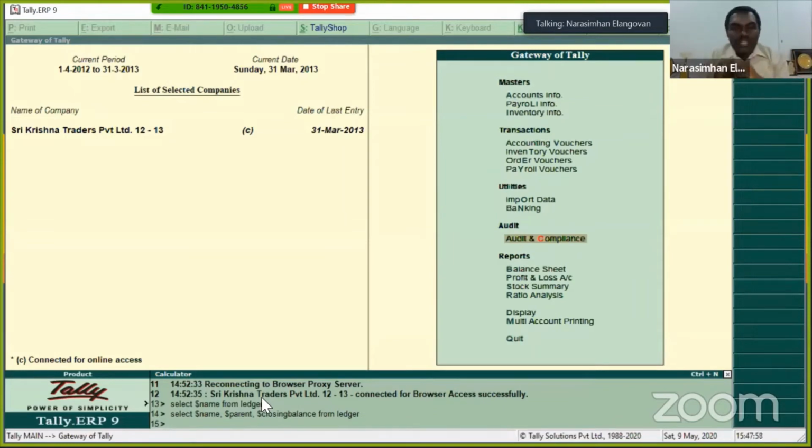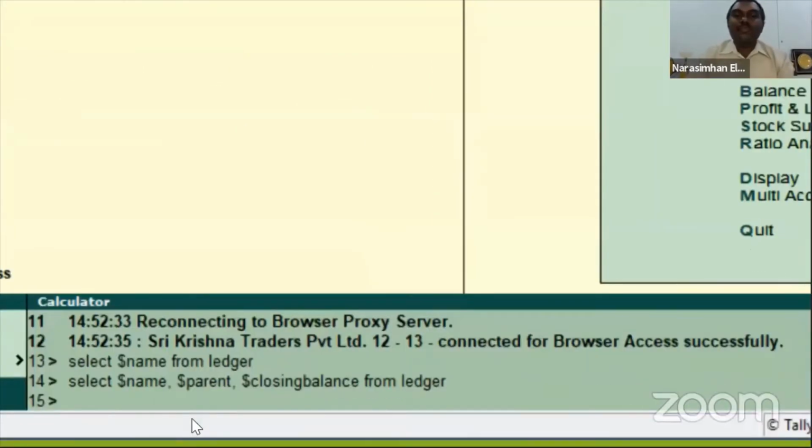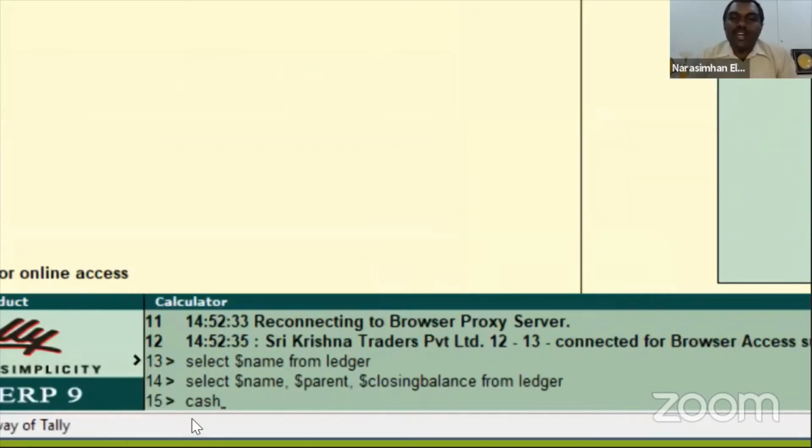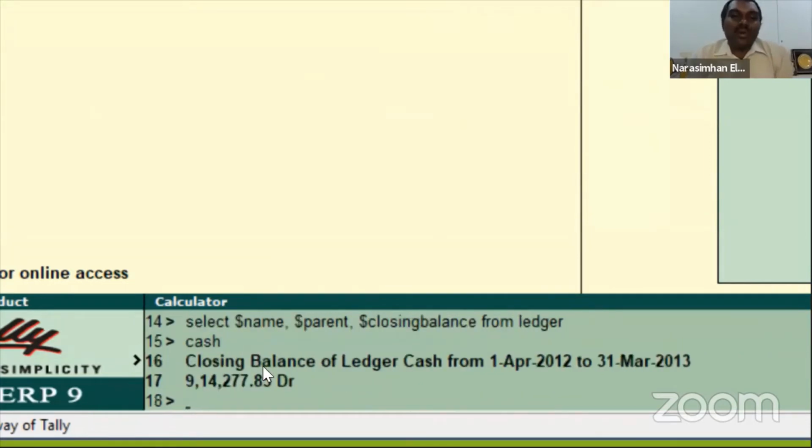Now what you have to do over here is, you should know what the command is. For knowing the command, you don't require too many complicated things. See, today we ask, okay Google, can you tell me what the temperature is? Okay Google, can you tell me what the time is? Can we tell, okay Tally, please tell me what my cash balance is? Shall we try? Okay. So I am telling Tally, okay Tally, tell me what my cash balance is. Are you all ready? So I have just typed the word cash and I hit enter. See what happens?